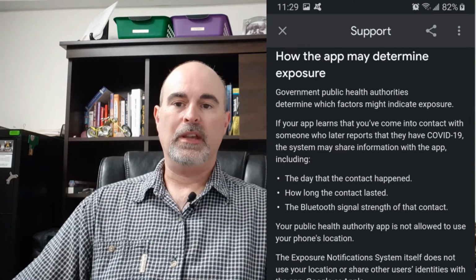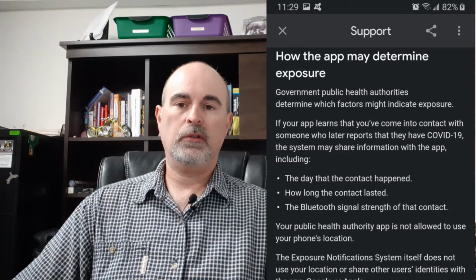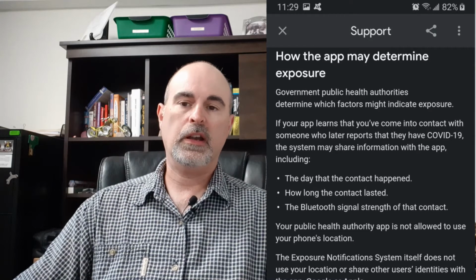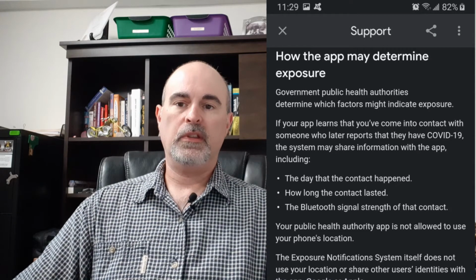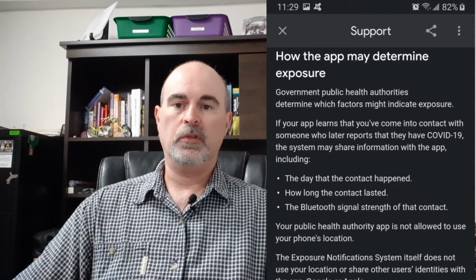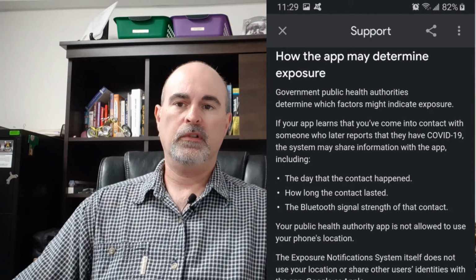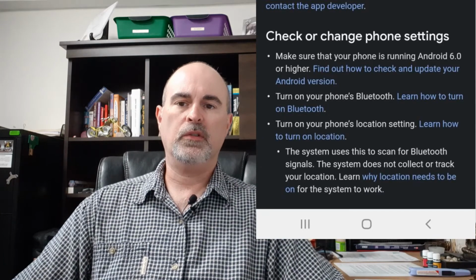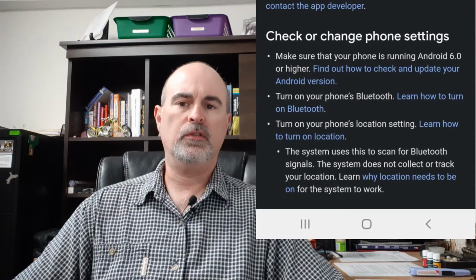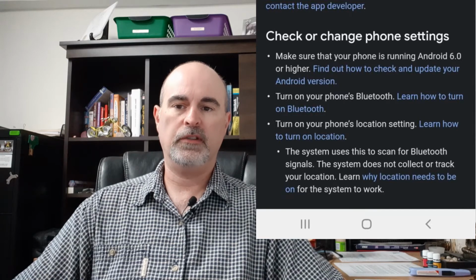It'll let you know the day it happened, how long you were in contact with the person, and the Bluetooth signal strength of the person you were in contact with. They claim that they do not track your location because it's not permitted by the public health. However, the requirements did say that location settings need to be turned on, so that's a little contradictory.